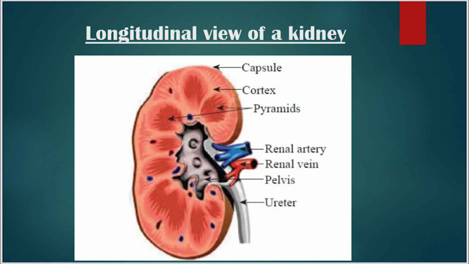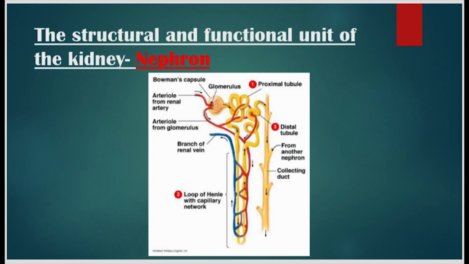Kidneys are two bean-shaped organs found in vertebrates. They receive blood from the pair of renal arteries and blood is sent away through the pair of renal veins. The structural and functional unit of the kidney is the nephron. The nephron is microscopic and there are about 1 million of them in a kidney. The nephron consists of glomerulus, Bowman's capsule, proximal convoluted tubule, Henle's loop, distal convoluted tubule and collecting duct.